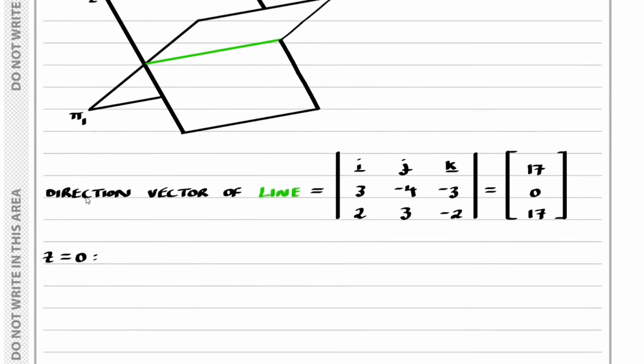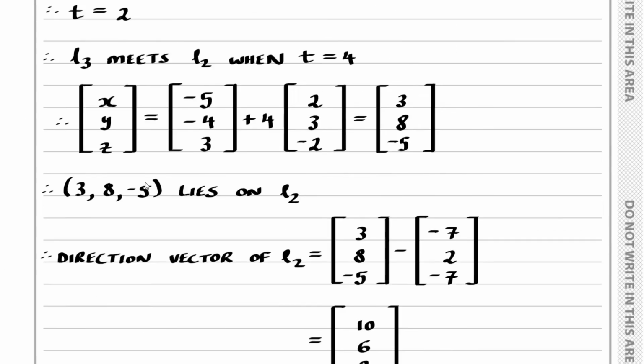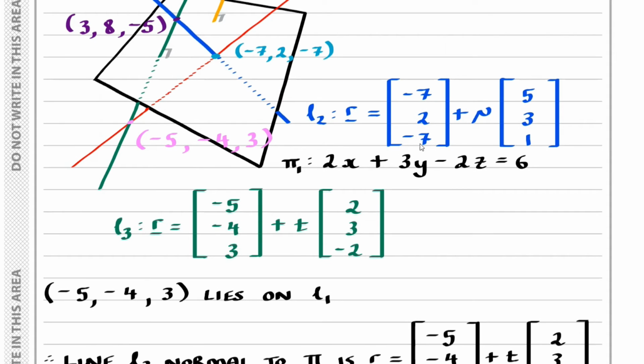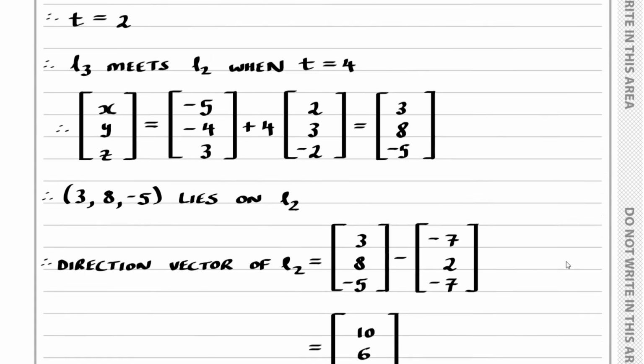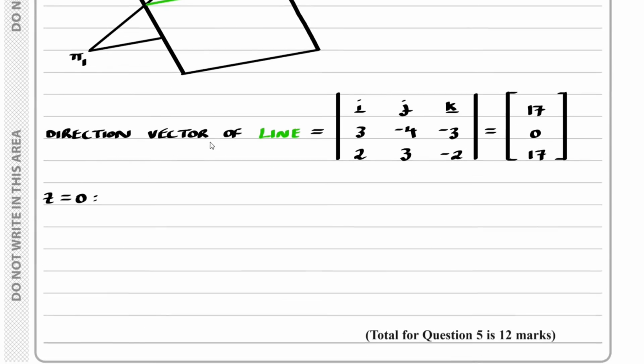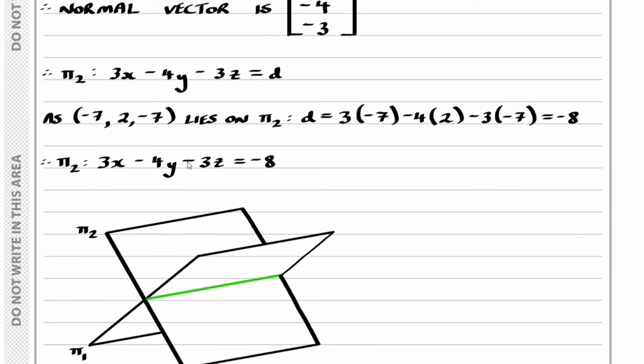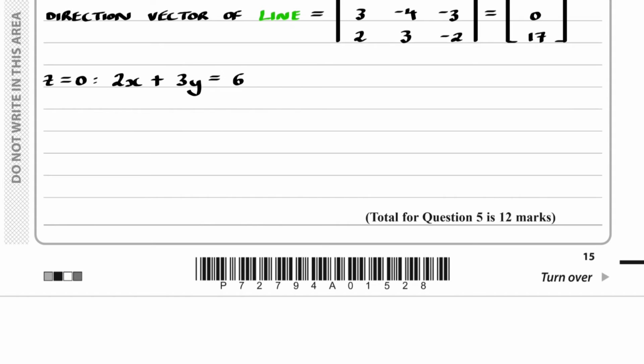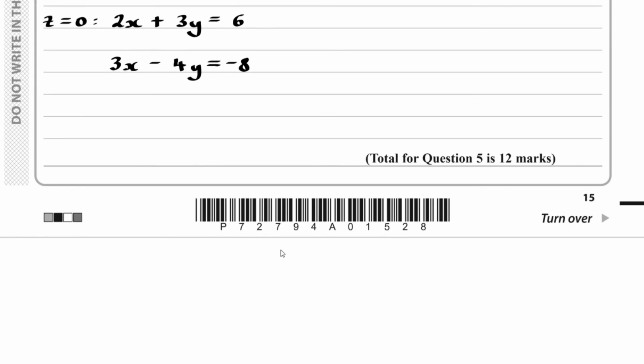And so if we set z equals 0, considering what we have for pi 1, we have 2x plus 3y equals 6, as we see here. And if we set z equals 0 here, we've got 3x subtract 4y equals -8, as we see here. So now what we need to do is find out the value of x and the value of y. We know the value of z is 0. So for that,